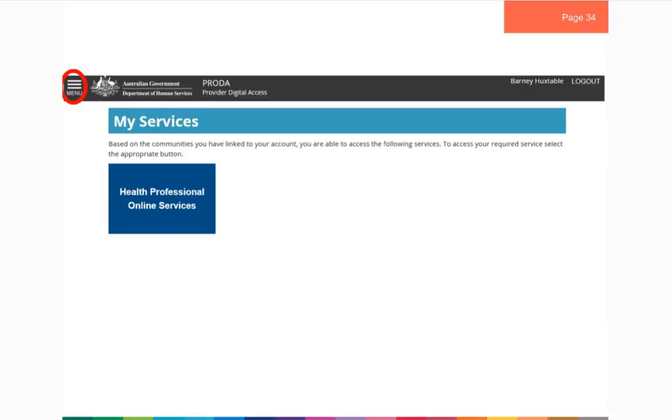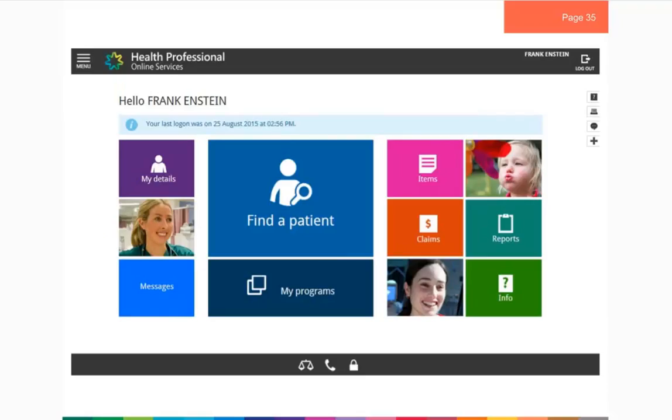If I select this menu up the top, that will allow me to manage my PRODA account. So I can go into that, I can view my RA number, I can update my password, I can add more identifiers if I've forgotten some before or didn't have them on me. I can change any of my name information, anything I've done in this registration process, I can update by accessing this menu, which is available on the top left-hand side and circled. But if I'm happy with all of the information, I can just select this Healthcare Professional Online Services tab, and this will take you through to a